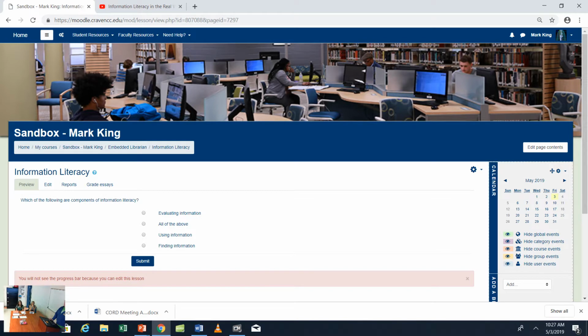And that's the other thing in the lesson that I forgot about: it automatically shuffles the questions. You know how in the quiz you can actually set it to shuffle or not shuffle. With the lesson, it's going to automatically shuffle. So you can see it's very confusing, and it's pretty obvious what the answer is because I have "all of the above" as the second answer because of the way it's shuffled. So maybe in the next update they'll fix that. But you can see how the question will look.